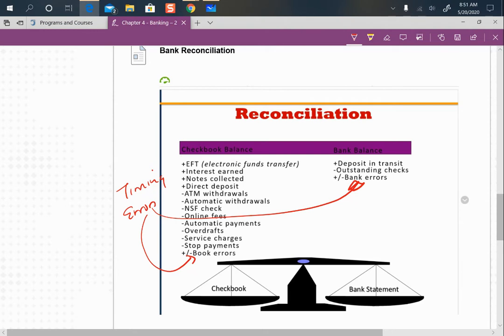So long as we can identify the error, then we should be able to reverse or fix that particular error. The other one, the major one, is all a timing difference. And the timing difference, again, is just going to be, if you think about it, do not cram anything here, right? Just ask yourself, when you are recording your